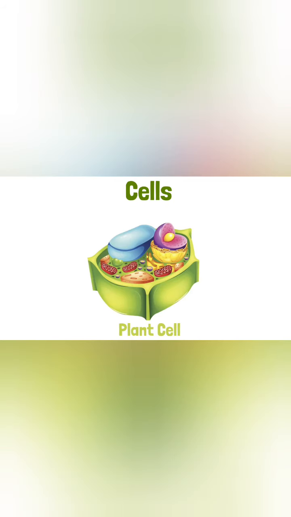Plant cells are very much like animal cells. They also contain organelles such as the nucleus, cell membrane, cytoplasm, vacuoles and mitochondria. In addition to these, plant cells have other important features like the cell wall, which gives a plant strength and stiffness. The cell wall is a rigid coating around the outside of the cell membrane. It helps the plant cell keep its shape.